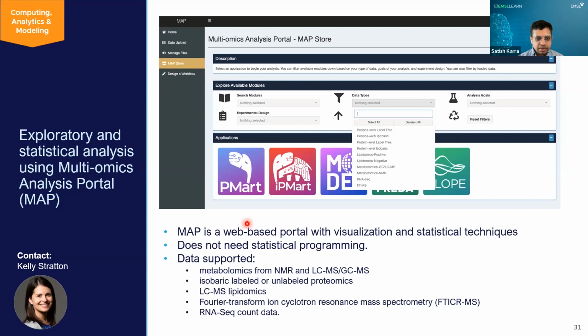Some of the data supported by MAP currently include metabolomics from NMR and LC/GC mass spectroscopy instruments, Fourier transform ion cyclotron resonance mass spectroscopy, LCMS, lipidomics, etc. If you have any questions regarding MAP or this area, please reach out to Kelly Stratton.